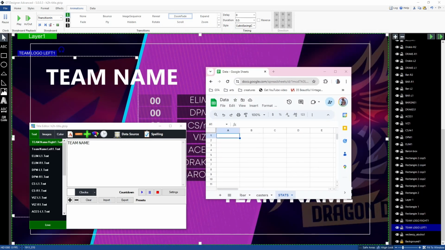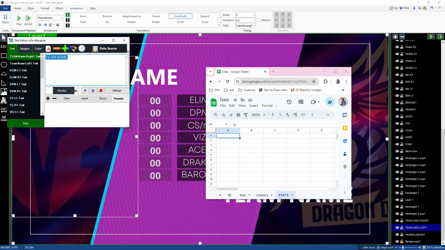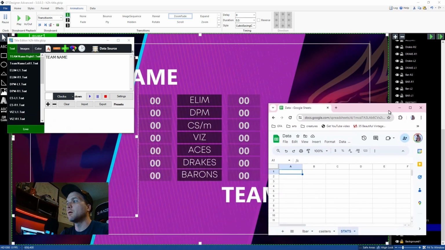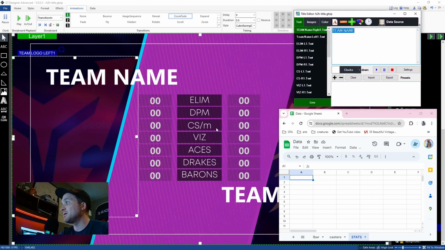Go back to the desktop. Okay. So we have our title here, editor here, we have our sheet here. I'm gonna come back and play. And so what we kind of need to do is rebuild this in a way that it reflects in our sheet. So we're going to go team